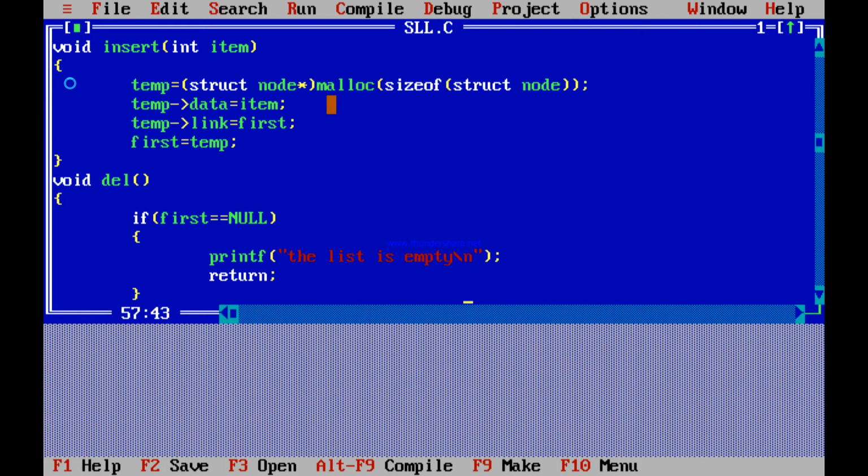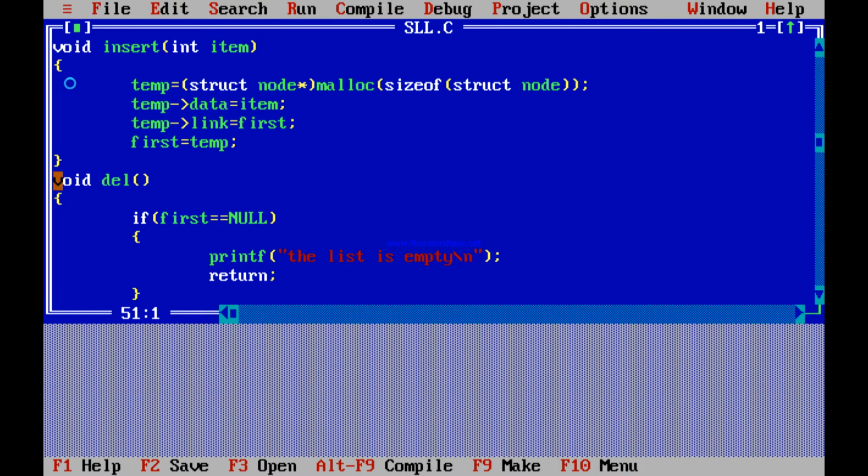Now temp of link will be first. Right now there is only one node, so temp of link will be first, and first will also be temp, because they are both at the same position. So this was the function for insert.